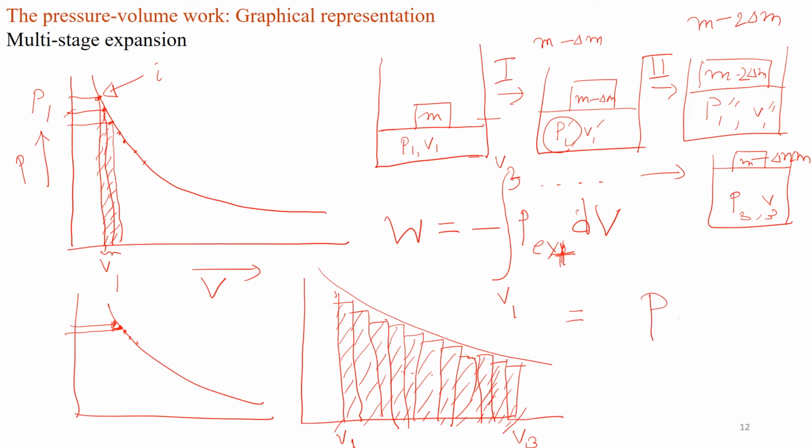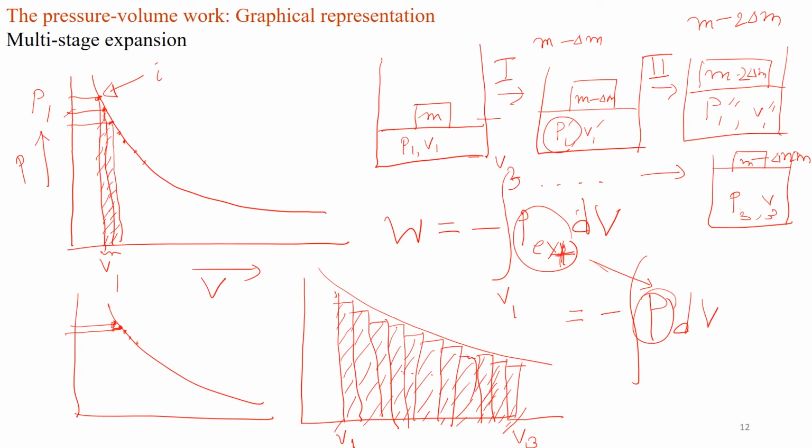So we see the external pressure is nothing but the pressure of the system itself for each step. In other words, the system is nicely adjusting its pressure so that at every step the pressure of the system gets adjusted and equals the external pressure. So we replace this external pressure by the pressure of the system itself, and now we can integrate because this